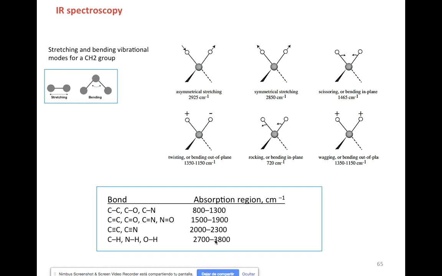So, for instance, in this slide, I show you the stretching and bending vibrational modes for a methylene group, or CH2 group. So we have these modes like stretching and bending. Stretching, you can see here in CH2, this would be the carbon atom and hydrogen. The stretching is symmetrical, and you can see this vibration at